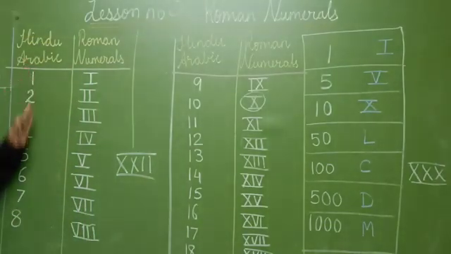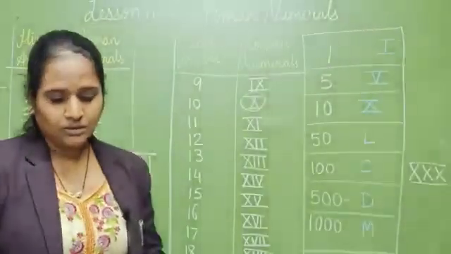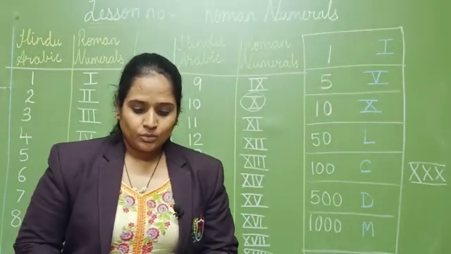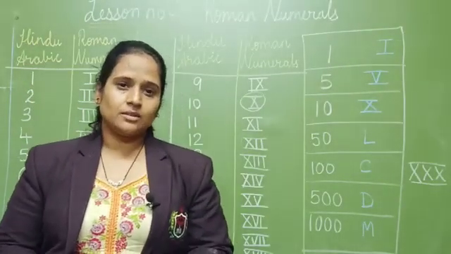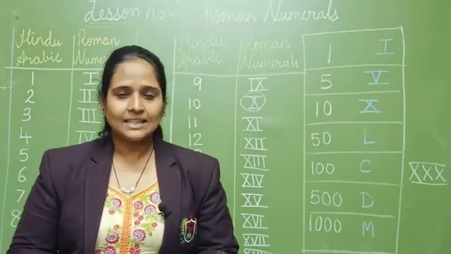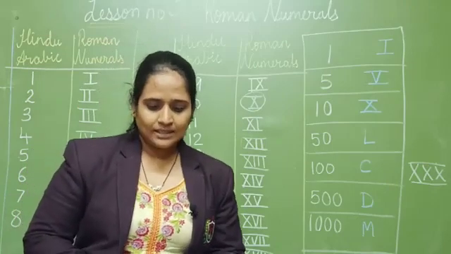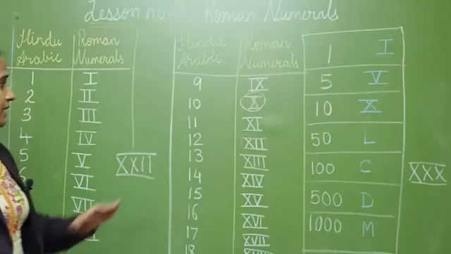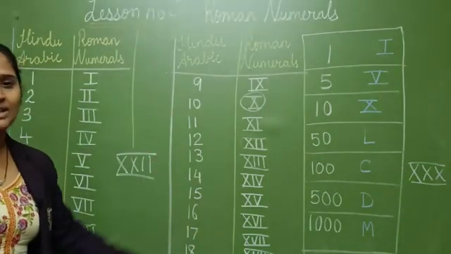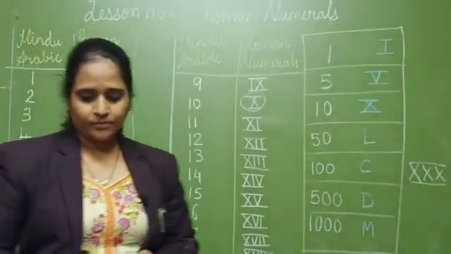For that, you have to write in your notebook from page number 22, up to number 39 they have given. Write that in your notebook in good handwriting. Once you have learned up to 10, the rest you can write yourself.